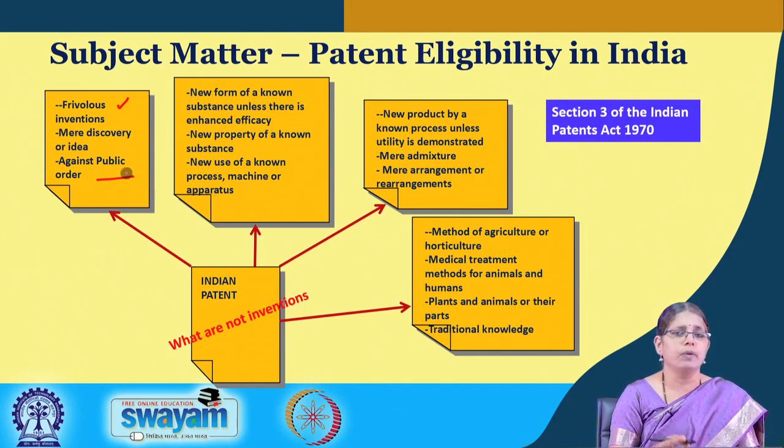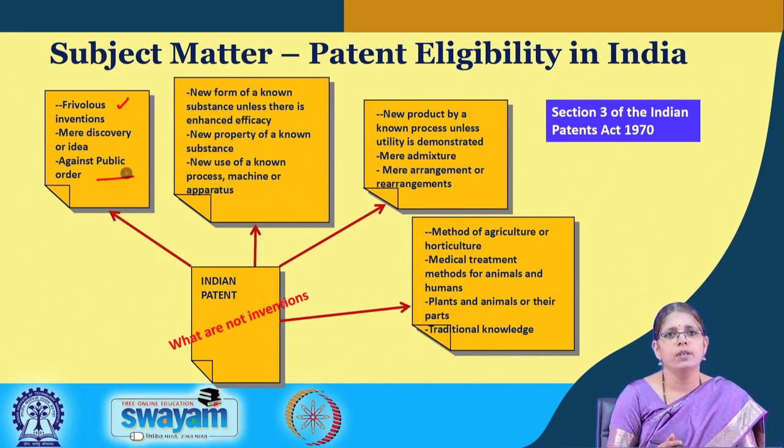Those which are harmful to the environment and those which are harmful to living organisms are also not patentable. The connotation under the law is that those which are primarily harmful are restricted. So, it is possible that there are chemical inventions which are secondarily harmful for the environment. Those do not come under the purview of the restricted subject matter. Those which are primarily harmful come under the purview of the subject matter. So, it is also important to understand the scope of the restriction that is provided under a given provision under